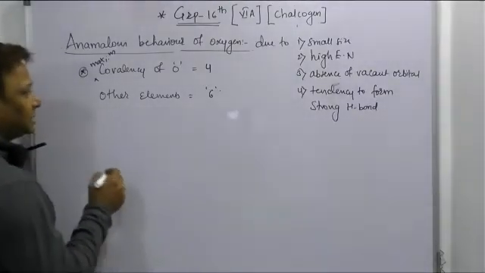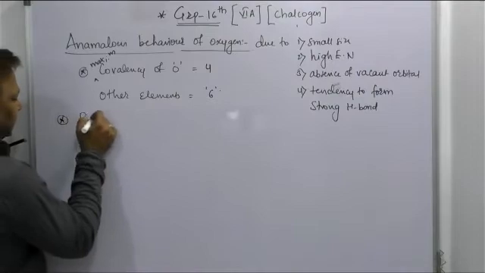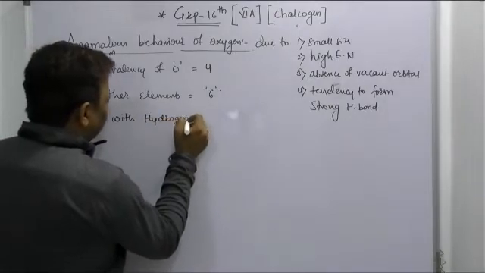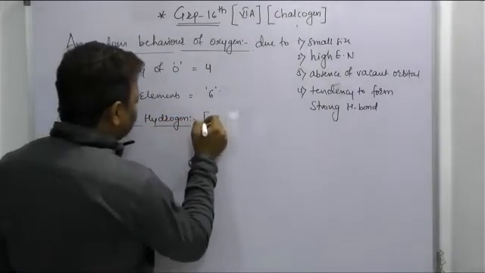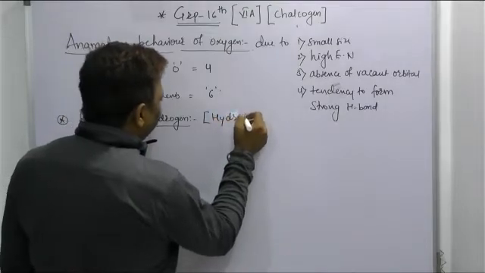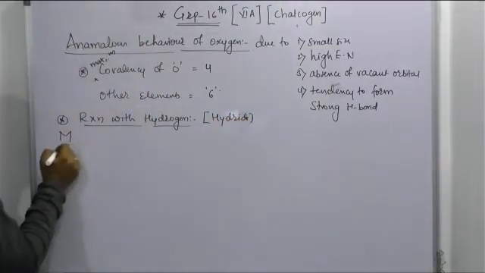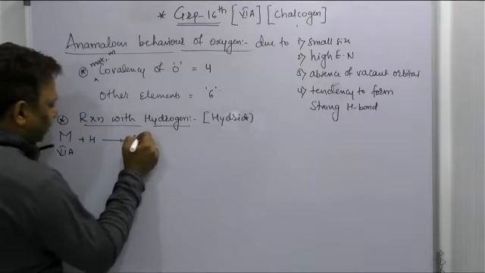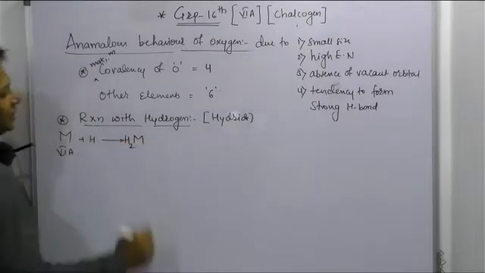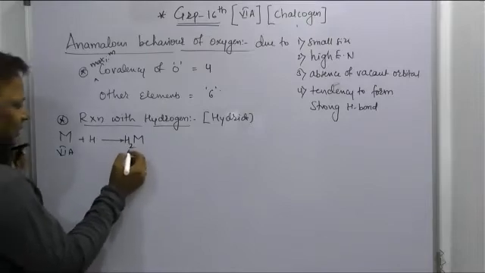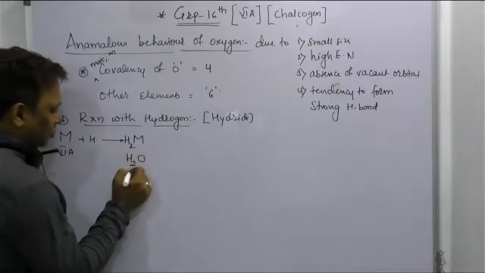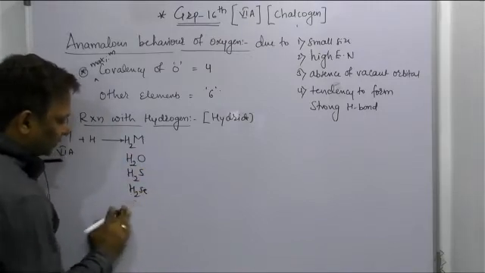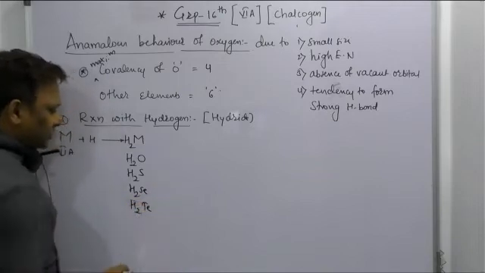Come to the chemical properties: reaction with hydrogen. Any group 16 element on combining with hydrogen, what can it form? They can form a hydride. M is the element of the 6th group, on combining with hydrogen forms a hydride of the type MH2. Example, beta: with oxygen, H2O; with sulfur, H2S; with selenium, H2Se; with tellurium, H2Te. Got the point? For polonium, H2Po does not exist.